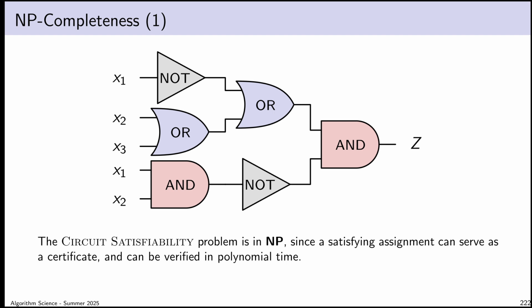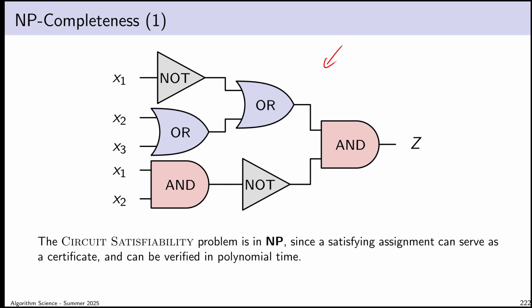Okay, and so one last point. I want to finally demonstrate what I said earlier, which is that if we find a polynomial time algorithm for any of the problems on our list, then we can solve all of them in polynomial time. To talk about that, I want to go back to the satisfiability problems. The circuit satisfiability problem is where you give me a digital logic circuit and I tell you